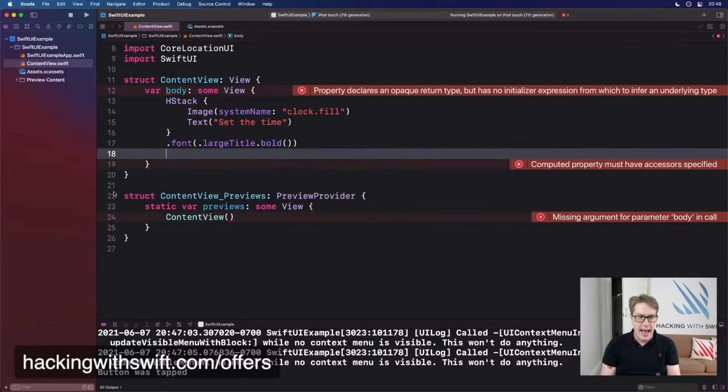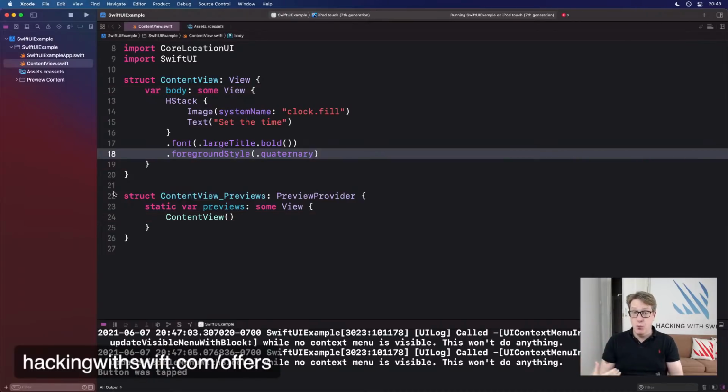Boom. And I'll give this thing a foreground style, not color, style of quaternary. Now, these were available to us as UIColors in UIKit land. You could say primary, secondary, tertiary, quaternary to get different levels of opacity, different levels of emphasis on the screen. And quaternary is one of the most faded.